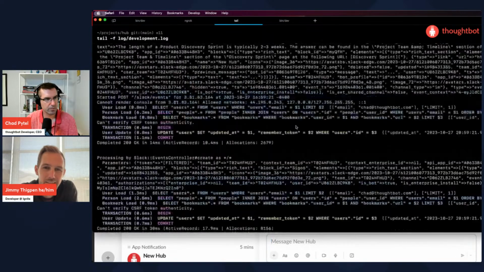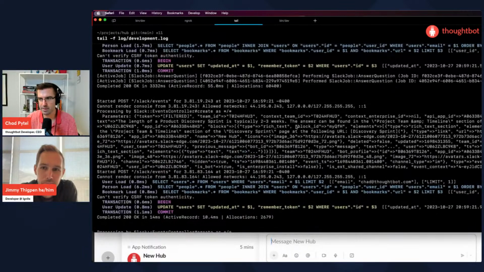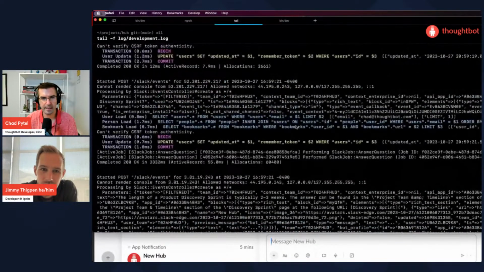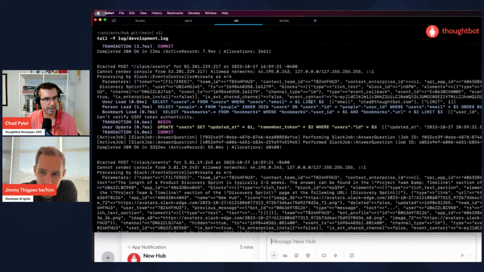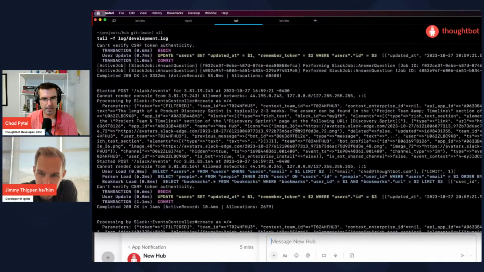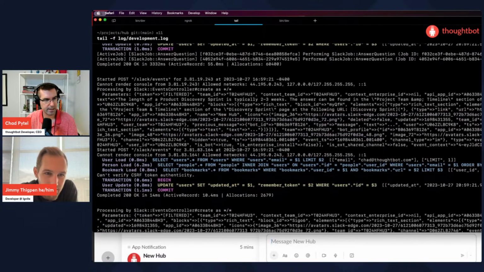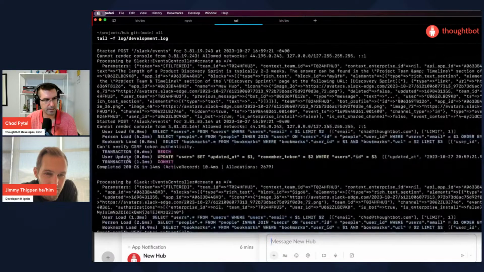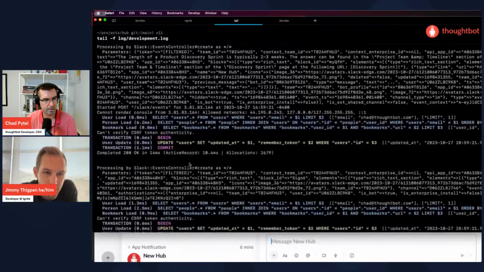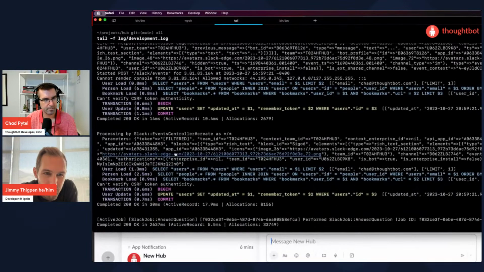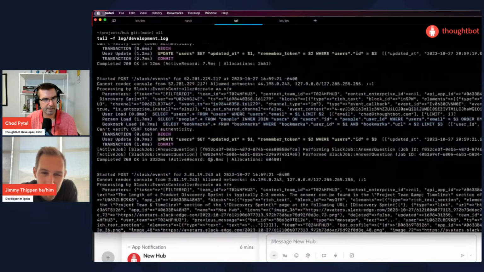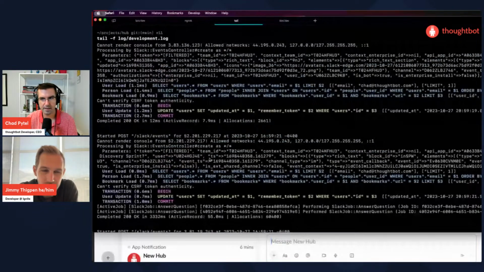Here the message changed event comes in with an app ID defined. It doesn't do anything. It just responds. It doesn't queue the job, which is what we expect. But then another message is sent.